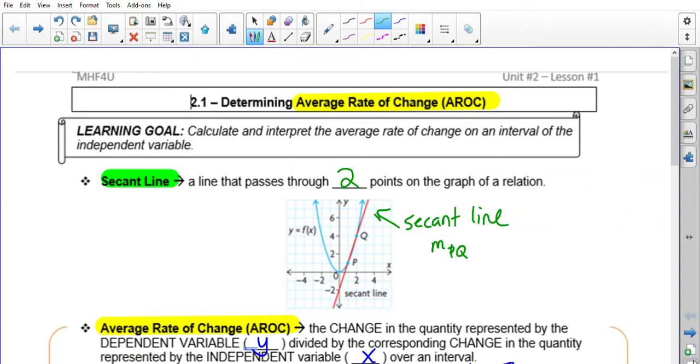Hello class, today we're going to go over Unit 2, Lesson number 1. This is going to be 2.1, Determining the Average Rate of Change. In other words, this is called AROC, okay, because later we're going to do something else called Instantaneous Rate of